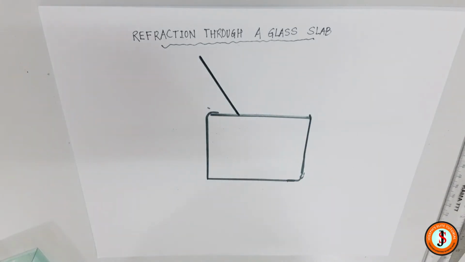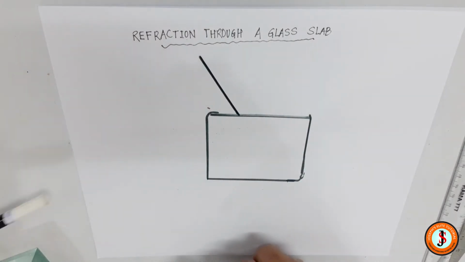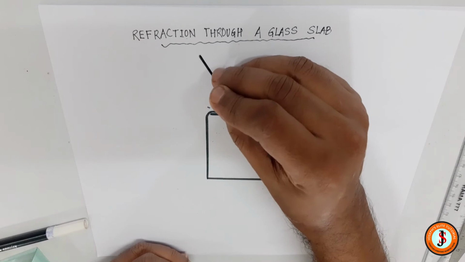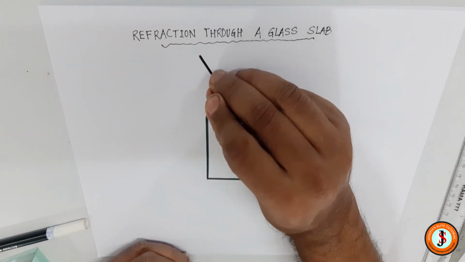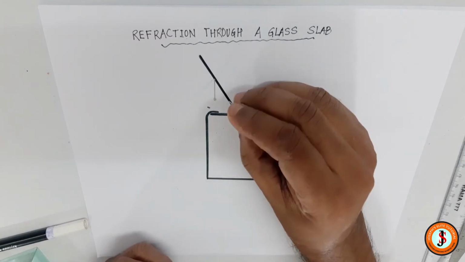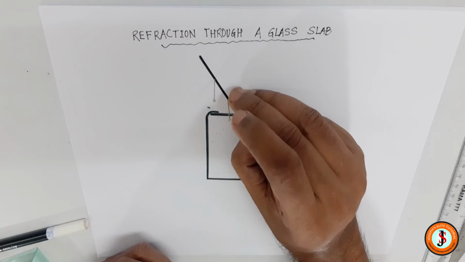Now if I place anything over here, the ray will directly come to the glass slab through those objects. So I'll place two pins over here, two nice little pins I am going to place over here. I have to press it a little harder so that it stands. Then I'll place another pin on the same material.